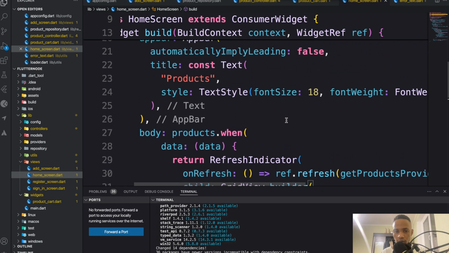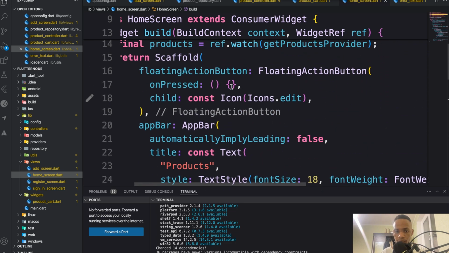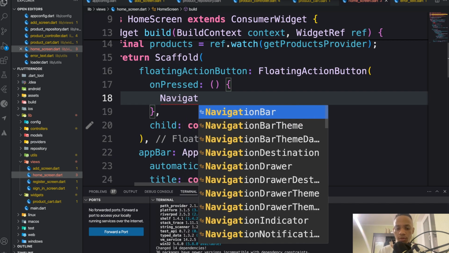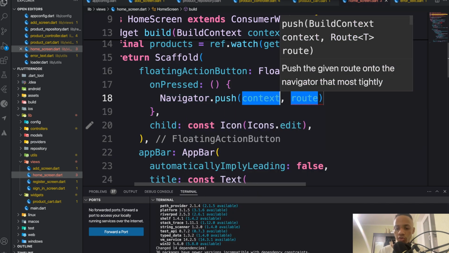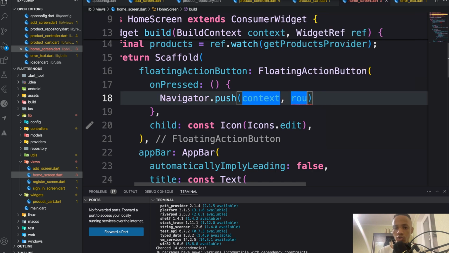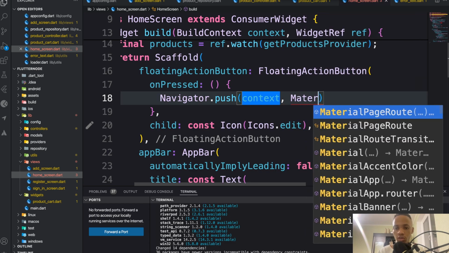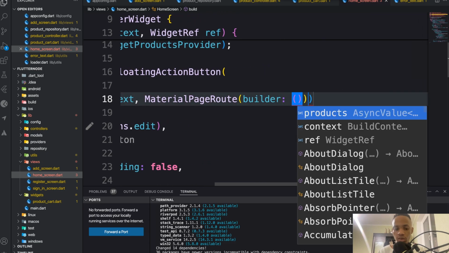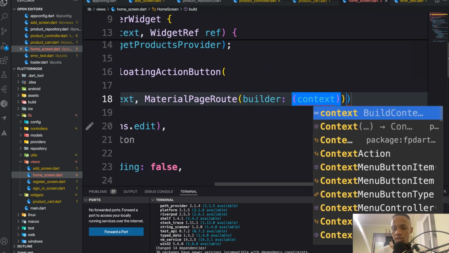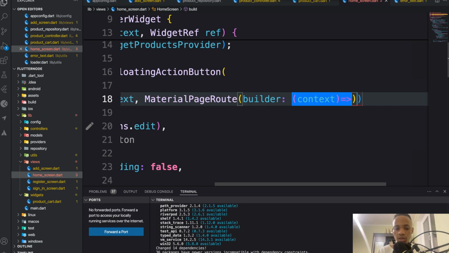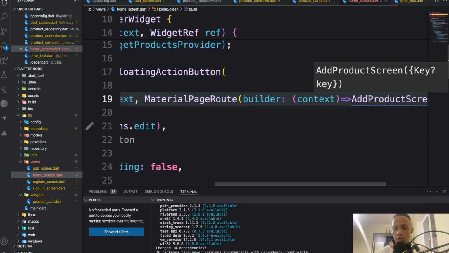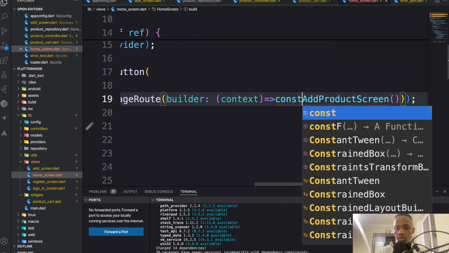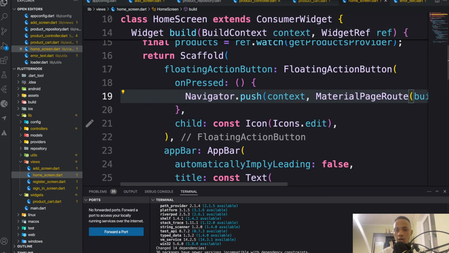Inside our floating action button, what we want to do is Navigator.push, and then the route is going to come from MaterialPageRoute, and then our builder is going to take in a context as a parameter, and then we are just going to return our add product screen, like this. And then let's make sure that it's a constant. All right, so now